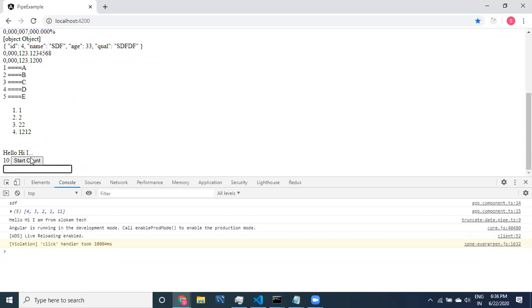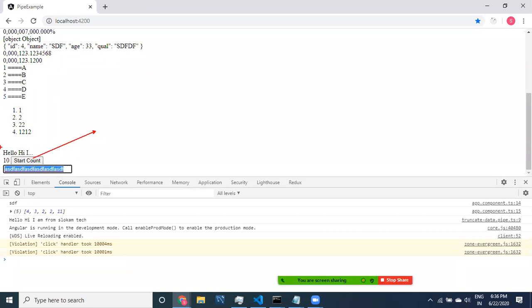See, again I'm going to do it. I click on this one, and then the total browser got blocked. This is the blocking. I need to count 1 to 10, one for each second, but it prints only after finishing the 10 seconds. Why? Because when the counting is busy, you are not able to do anything in the browser. The total browser got blocked. This can be called blocking. It should not happen like this.